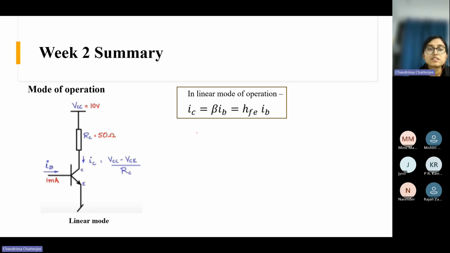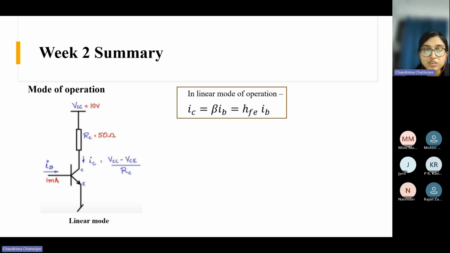Now we shall see the modes of operation. This is a typical circuit of a BJT. Here there is a source voltage VCC, which we have assumed to be 10 volt. There is a resistance RC that we have connected externally, which suppose has a value of 50 ohm. This is the BJT, and here it is ground, and we are injecting a current of 1 milliampere through the base. So if we apply KVL here to find out what the collector current will be, the collector current is nothing but